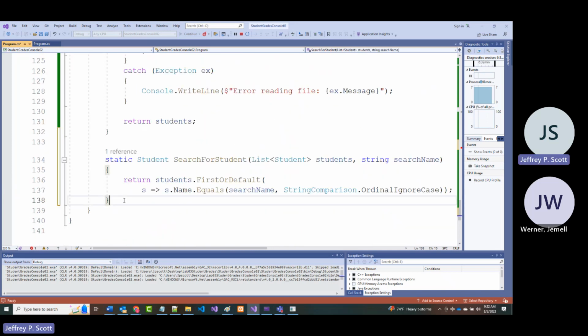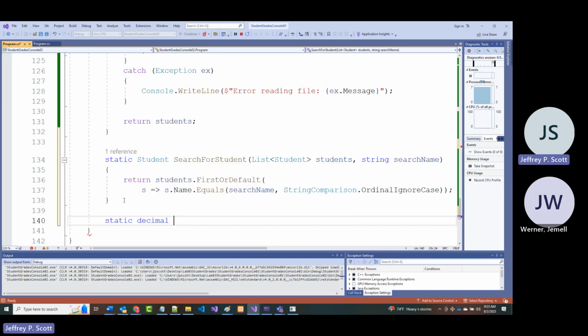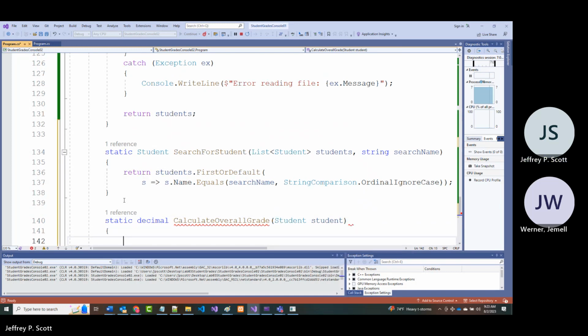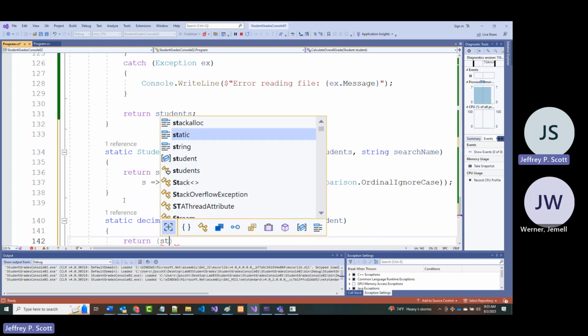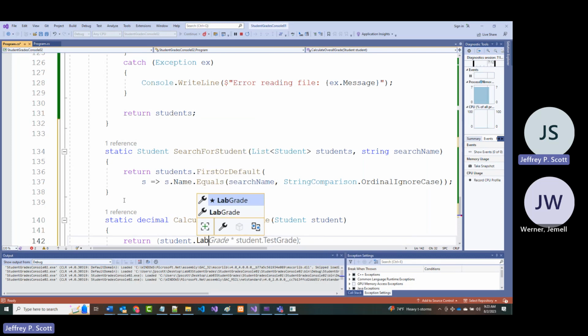Going down to the bottom now. And that will be, again, literally again, going to be very short. Static decimal calculate this, and we can call it found student, but it's just a student. So I'm going to return that student's dot lab grade